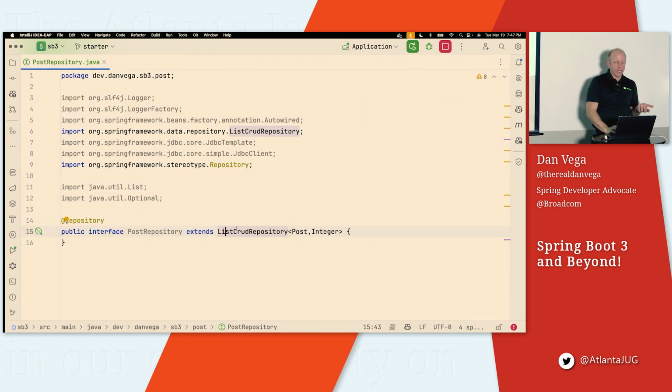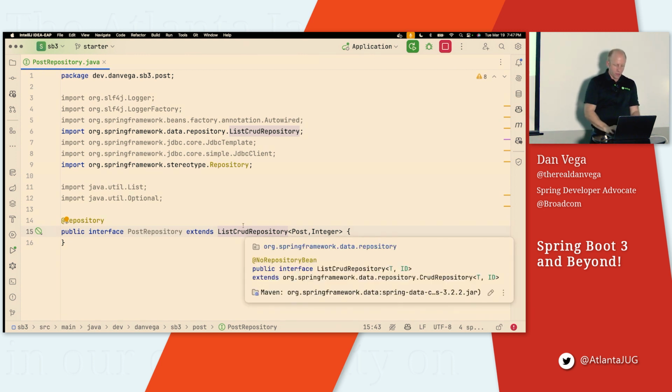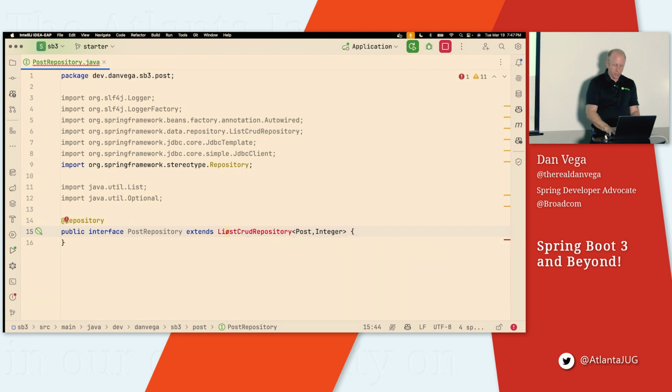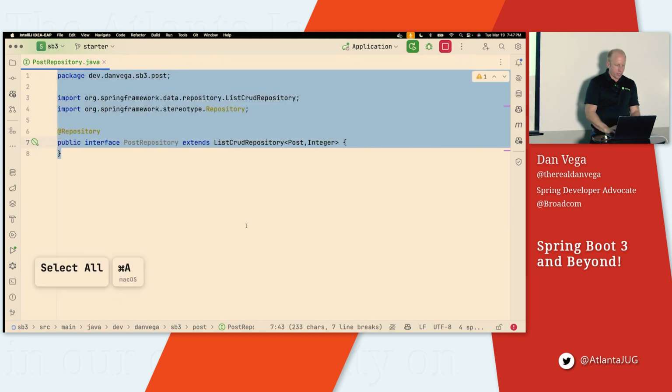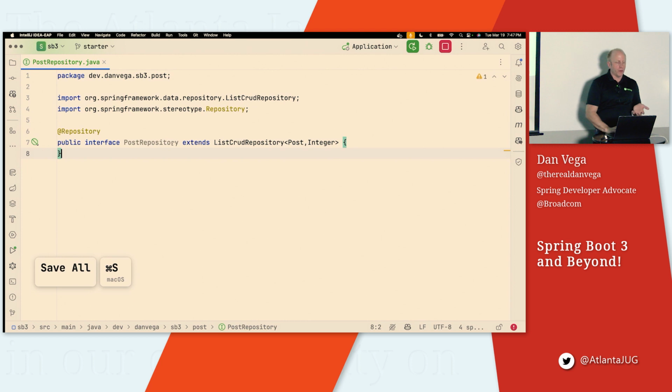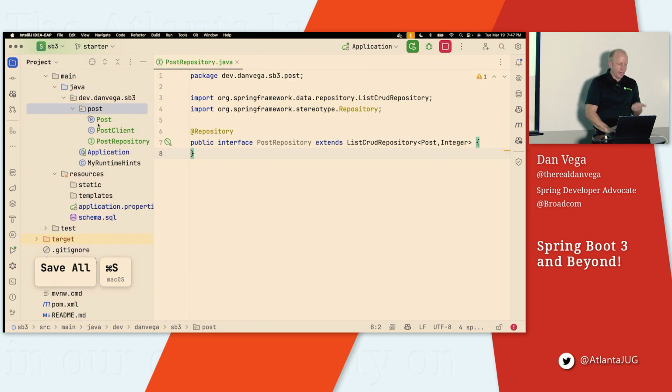So basically what we're getting is all of the CRUD functionality that we would want out of the box without having to write all those. Again, picking the right level of abstraction that you want to use. So I'm going to go ahead and clean that up. Now we have a post repository. I can go ahead and insert some data into the